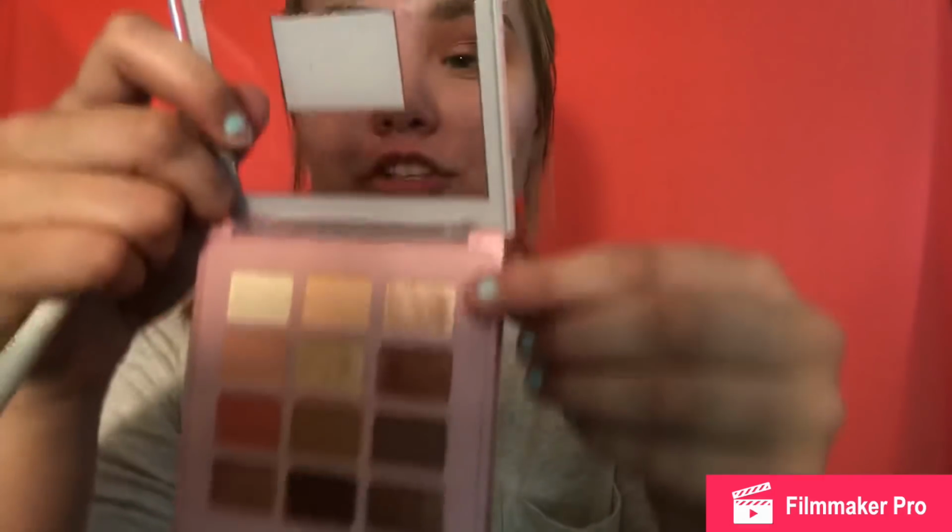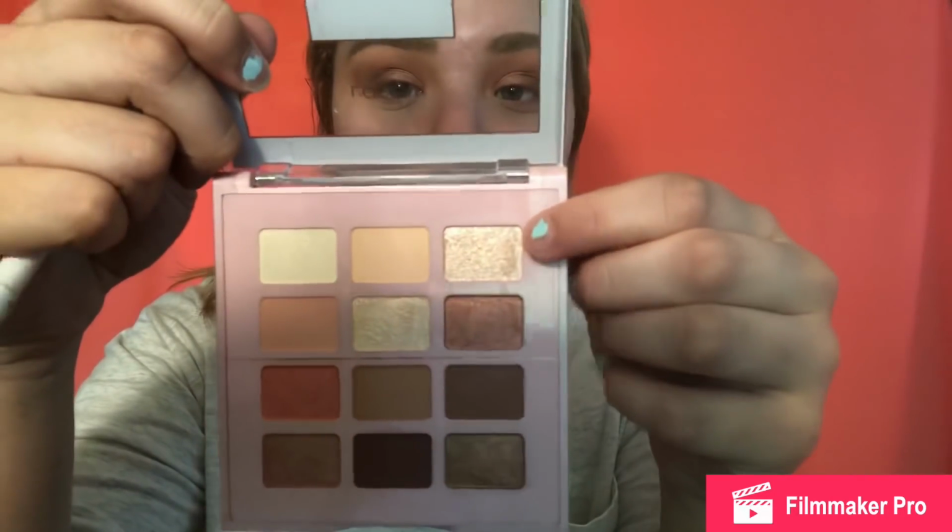I think I might return the L'Oreal one. Oh, I'm so sorry. But it's the truth. I mean, they're quite similar and I've liked the Covergirl one more so far. And they have all the same shades, so it's like, why have both when I could just keep the one I like? But now I'm gonna go in with this shade from the L'Oreal palette right there,